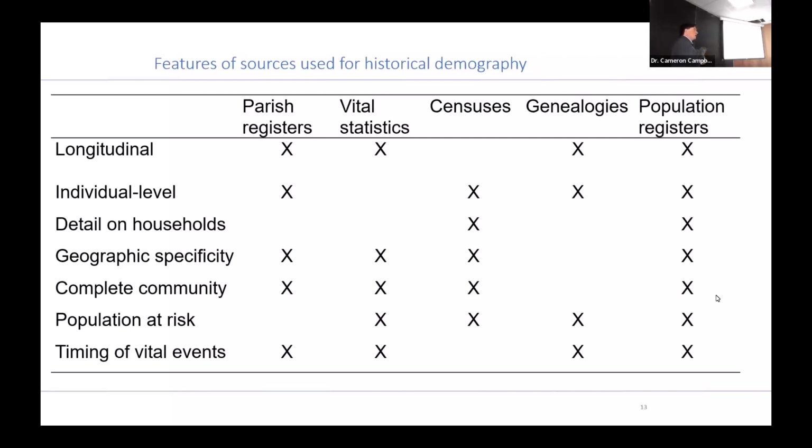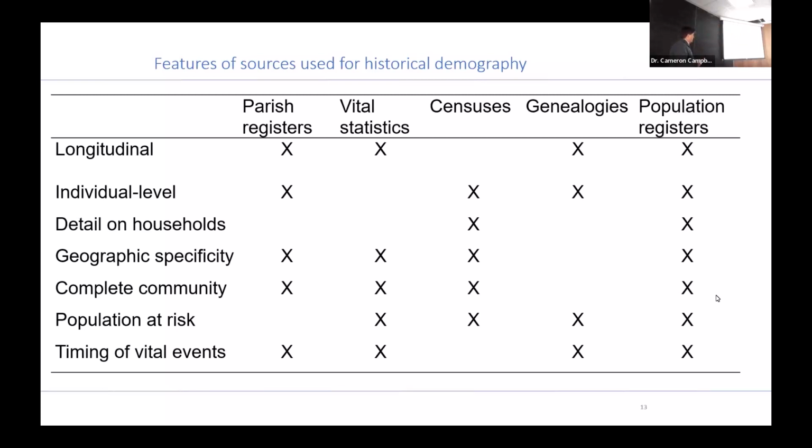How fine does it get, like the address? What I meant by geographic specificity is that you at least know that there's a particular target population defined by an area. In our data, they didn't have addresses, but you would know at least the village in which they lived. And then there are European registers that do have addresses, and so forth.